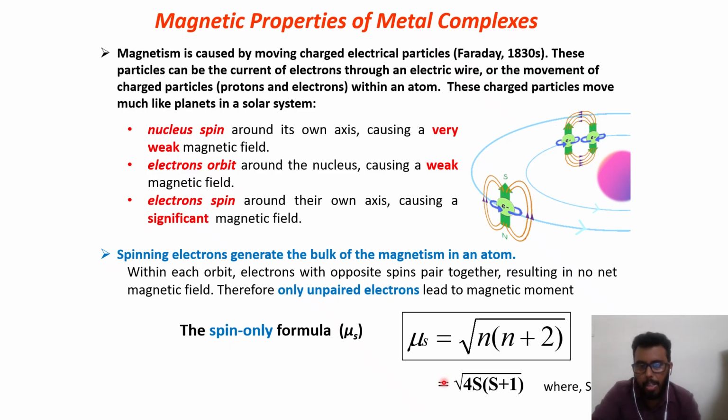The formula to calculate the magnetic moment is mu s equal to the square root of n into n plus 2. For example, in a d1 system, you have one unpaired electron. So n will be 1, 1 into 1 plus 2, so 1 into 3, which will be the square root of 3, which is 1.73 Bohr magneton. In that way you can do it, and also you can calculate with the formula square root of 4s into s plus 1, where s is equal to